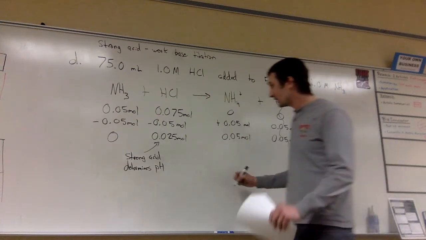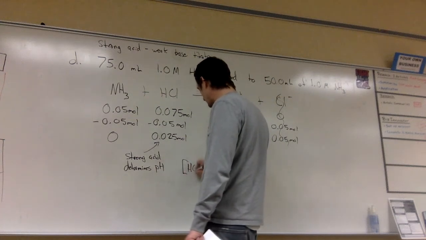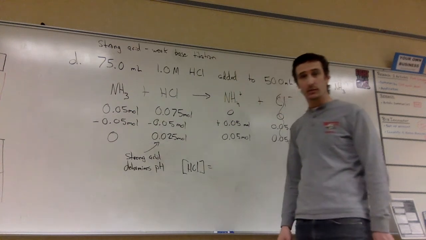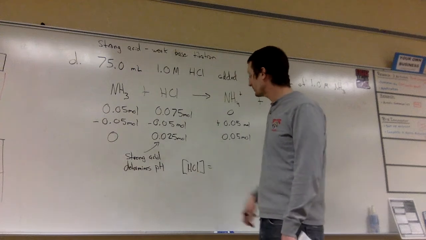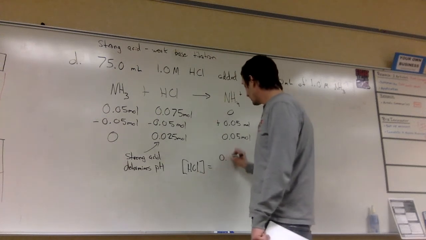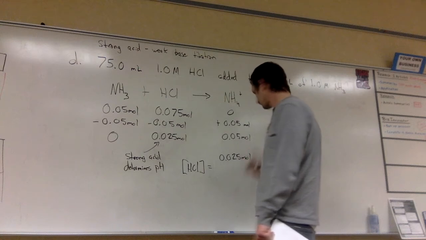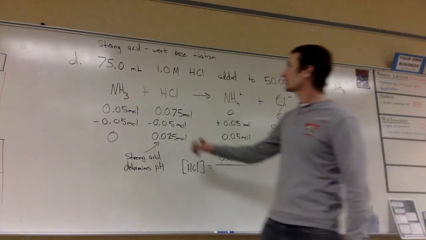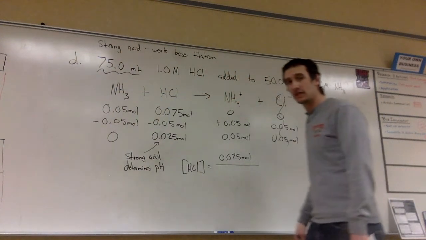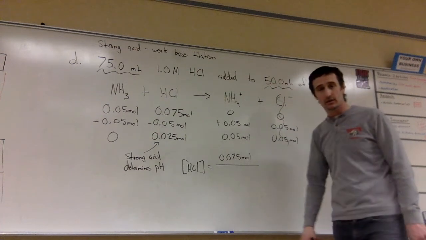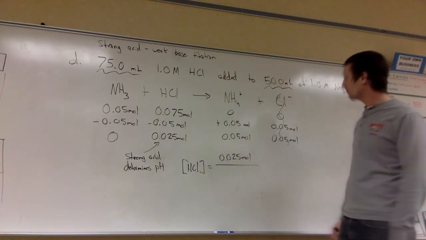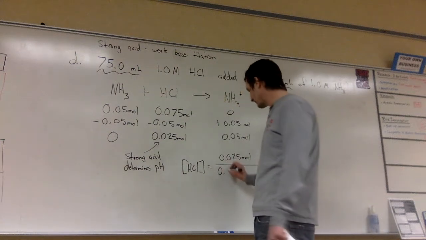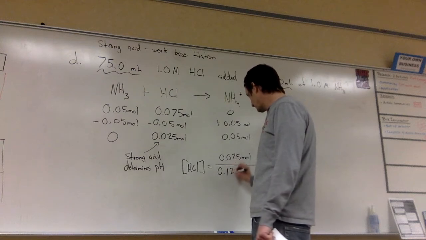And so we can actually simply calculate the concentration of HCl now. If I know the concentration of HCl, I'll be able to determine the pH. The concentration is simply moles divided by liters. The number of moles we just found. And we have to remember the total volume. This is 75 milliliters of HCl added to 50 milliliters of the solution that we started with, which means my total volume is 125 milliliters, or 0.125 liters,